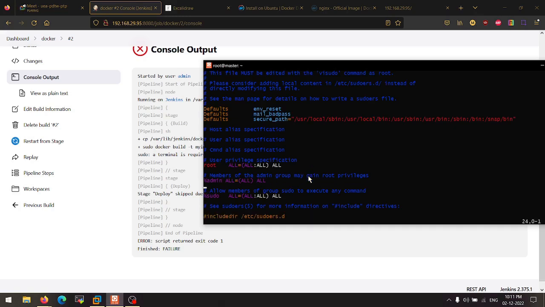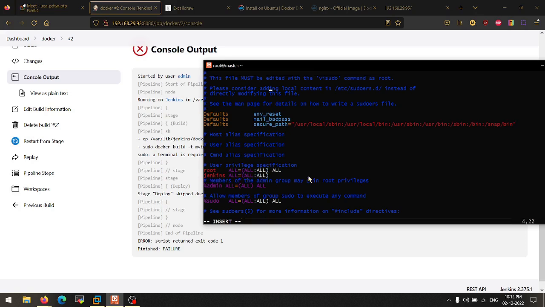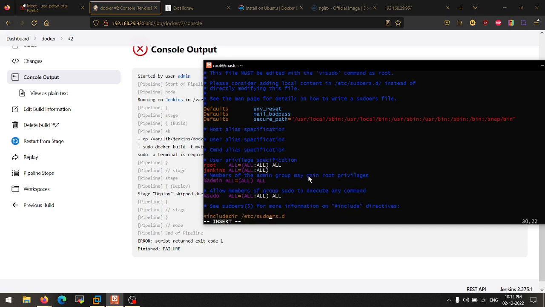Just go into the sudoers file, do the entry exactly here. Okay. Insert Jenkins tab ALL equals to ALL:ALL. Just after this, we have to type something which says no password. Let me check if the syntax is written somewhere else. Not written.